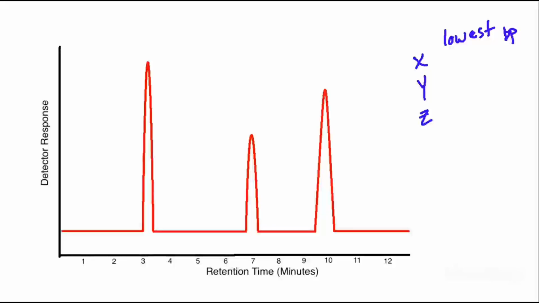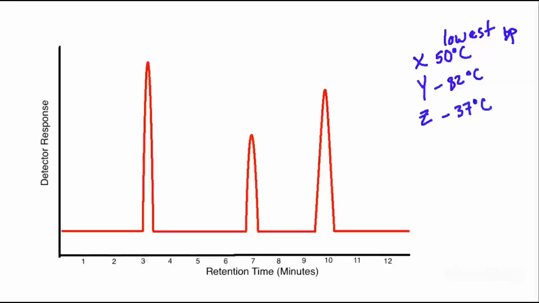All right. Now, when you take a look at this, that means it should also have the shortest retention time. So the lowest boiling point is going to be associated with the lowest retention time. And then as you climb in retention time, you would expect the boiling point to increase. That's how you can mix and match your compounds to the individual peaks that appear on the gas chromatogram. So let's say, for instance, that X had a boiling point of 50 degrees Celsius, Y had a boiling point of 82 degrees Celsius, and Z had a boiling point of